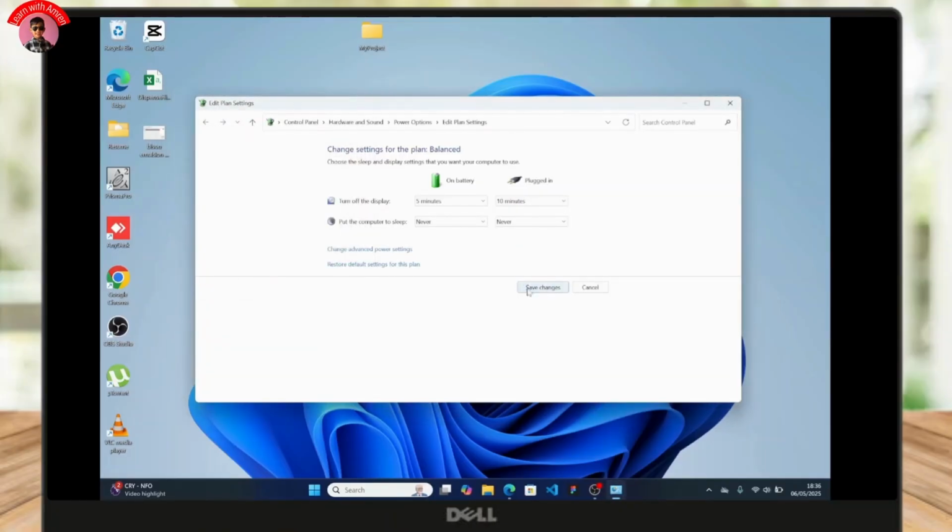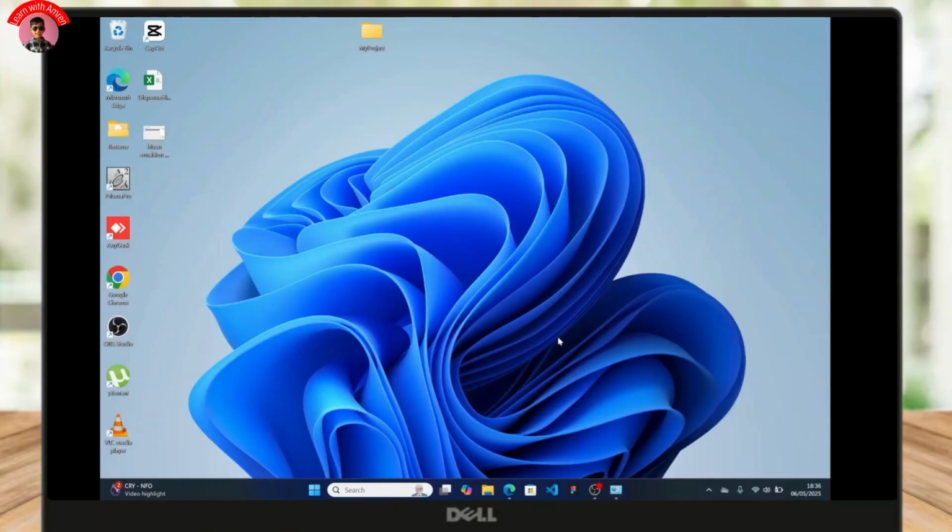OK. And once you do that, just don't forget to click on save changes, and just like that you have